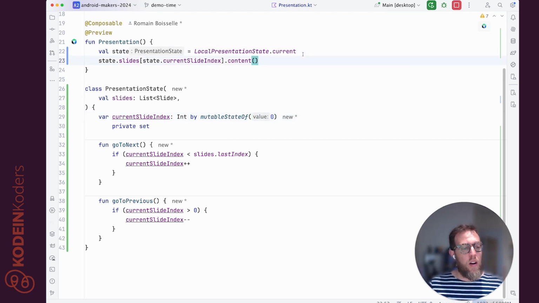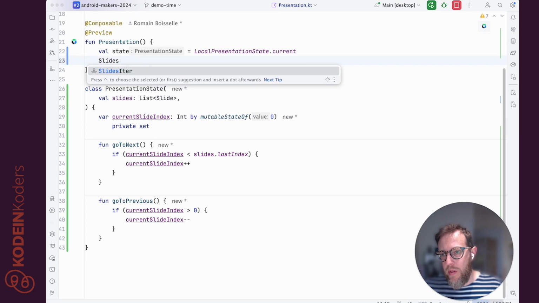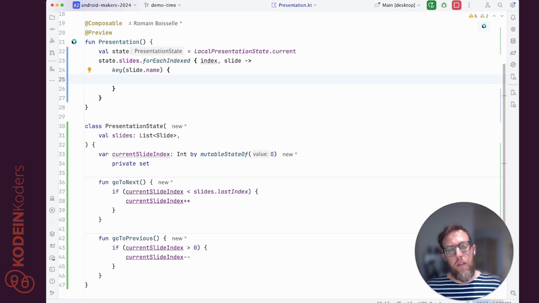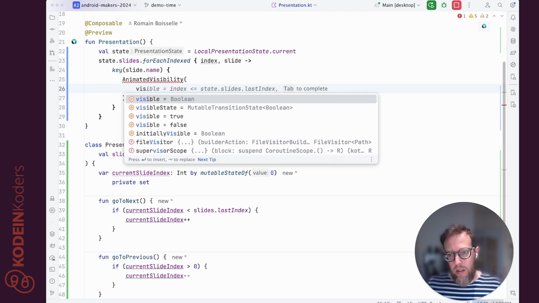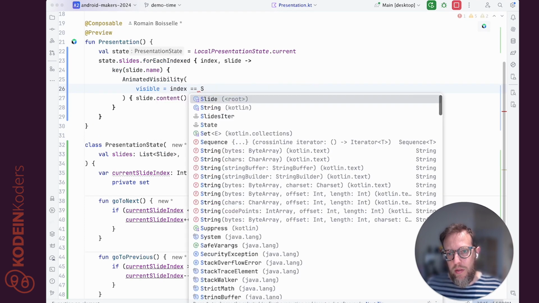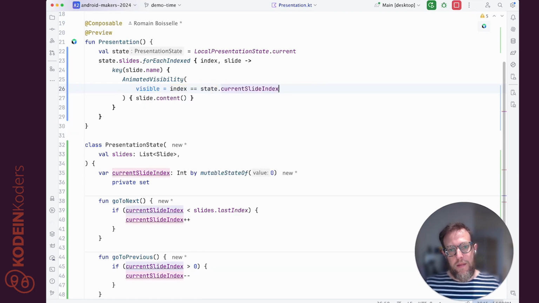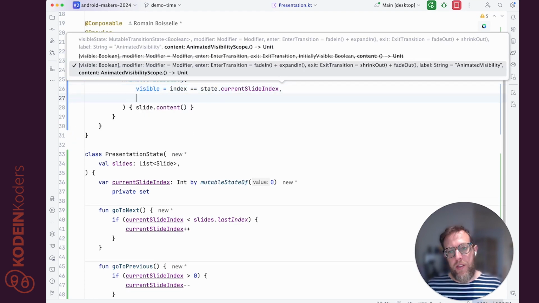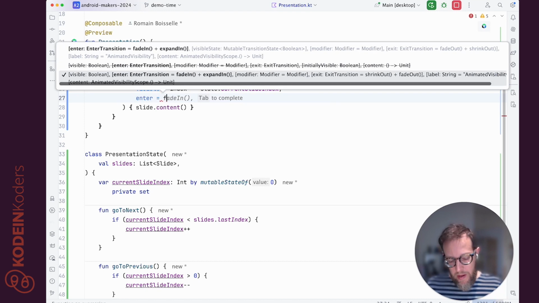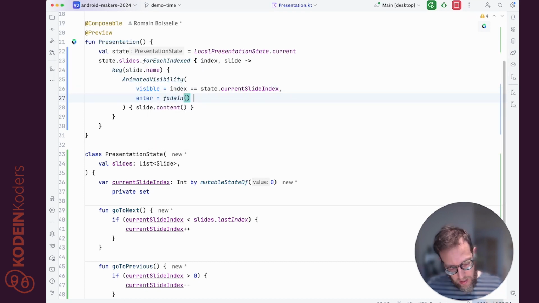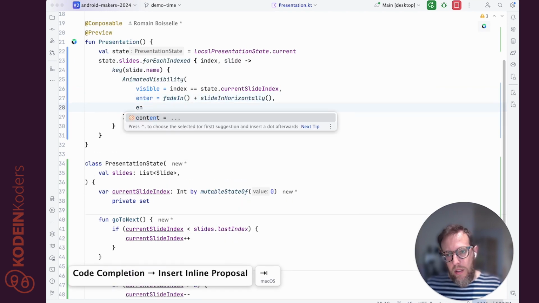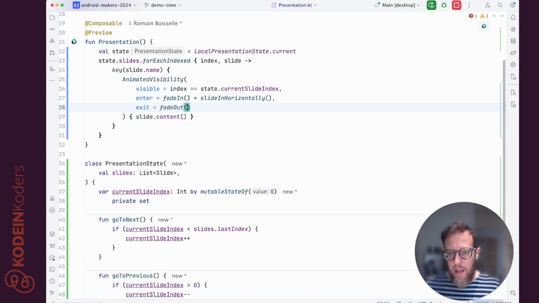So how do we animate our transitions? We firstly need to iterate through our slides with the key functions that will help Compose optimizing its recomposition cycles. And we can display the slide content with some animations. So here we will animate our content when the index is equal to the current slide index. Furthermore, we can also add some custom animation. So we will add fade and slide animation to the enter and the exit